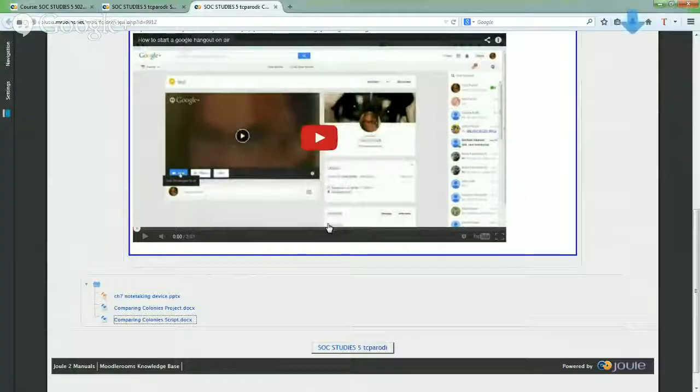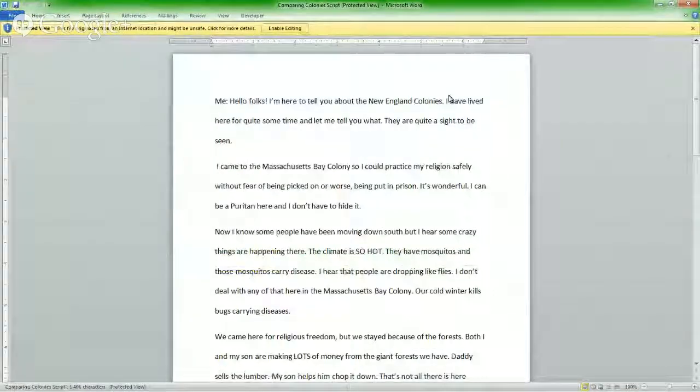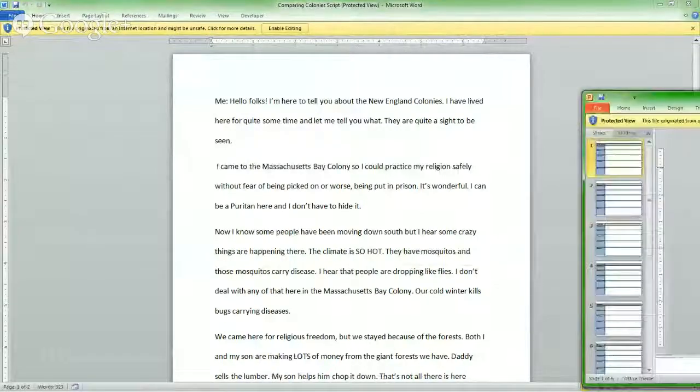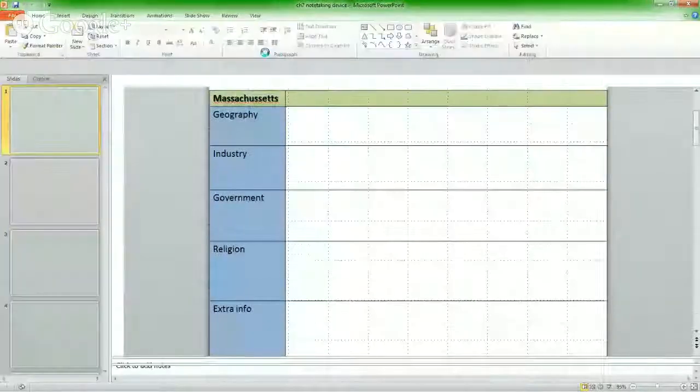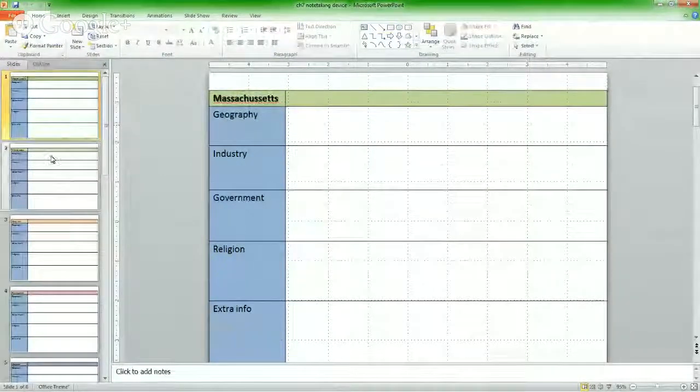So I opened everything at the bottom. Wow, that's a lot. Let's see. First, let's look at the notes. Notes look like this. Enable editing in case you want to type on the screen. Basically, it goes through each new colony. They've got Massachusetts, you've got Rhode Island, New York, Pennsylvania, and in each one you're going to